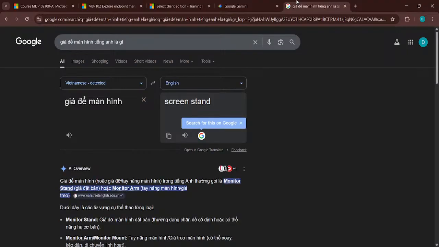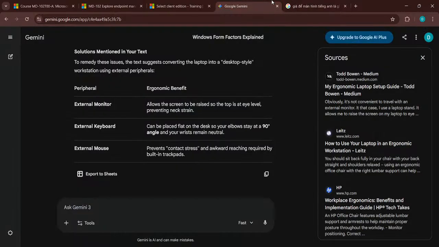Yeah, a screen stand. It's basically a stand, firstly a stand, and then